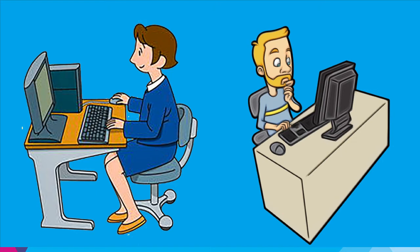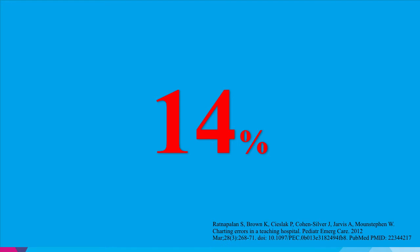I did residency, I've been practicing independently for a while. Well, then you may also realize that documentation is not strictly a focus during or after training. The percent of cases with charting errors in emergency medicine is unknown and likely a function of how it is defined, but one single center study found charting errors by trainees in a teaching hospital to be 14% after an intervention was conducted. While emergency medicine residents feel they require more training in documentation, this is not well studied